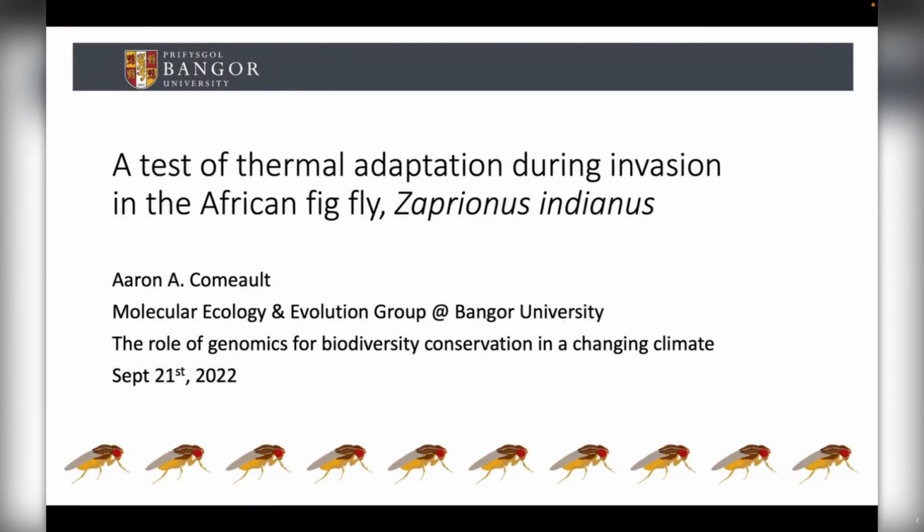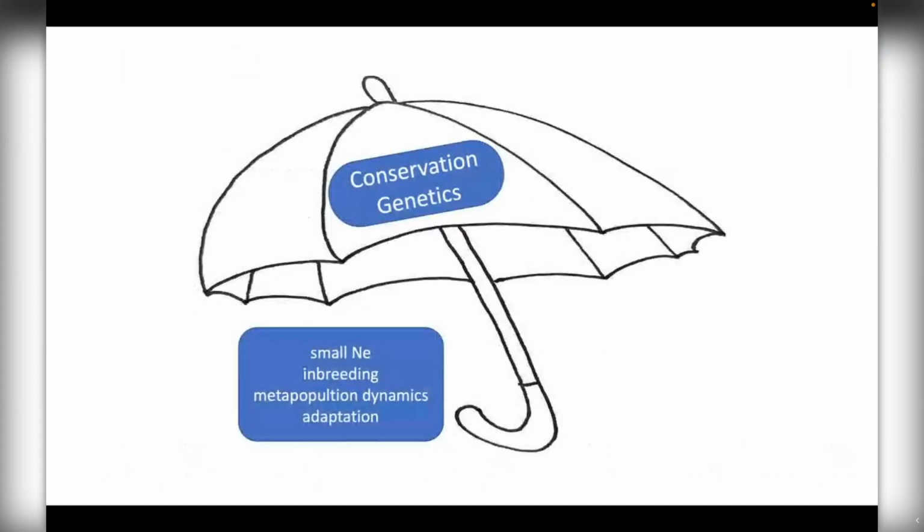I'm very excited to present some work we've been doing testing thermal adaptation during invasions in the African fig fly, Zaprionus indianus. And so just to give my talk a little bit of context, when I think about the conservation genetics umbrella, frequently we think of these species of conservation concern. They may have small effective population sizes, potentially suffering from inbreeding. We're also really interested in metapopulation dynamics and how adaptation might play out under different scenarios, as Sally was just